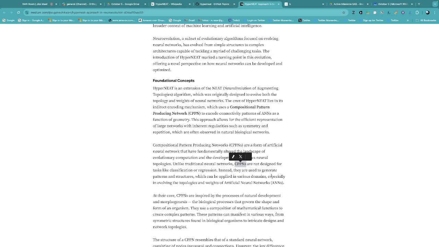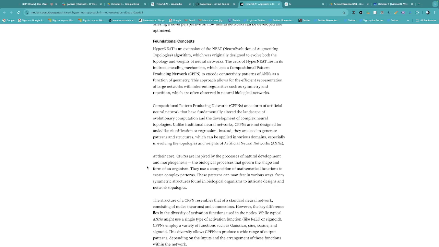They don't really produce classifications per se. They just produce these patterns, and then you can do things with those patterns, put them together into larger things, and take those motifs, build up. You have repetition, you have symmetry, you can build things with it. These patterns and structures can be applied in various domains, especially in evolving the topology and weights of artificial neural networks. At their core, CPPNs are inspired by the processes of natural development and morphogenesis, the biological process that governs